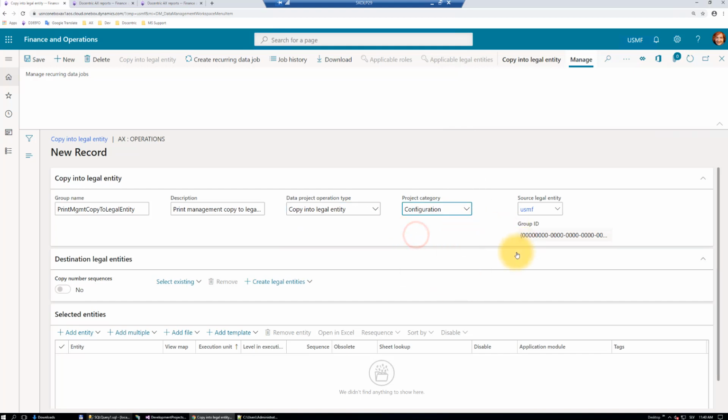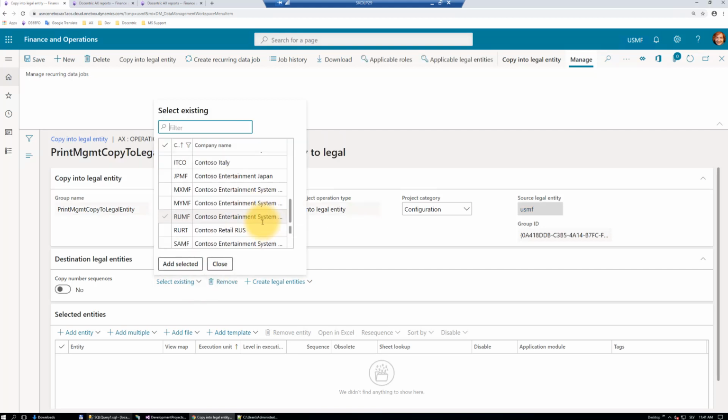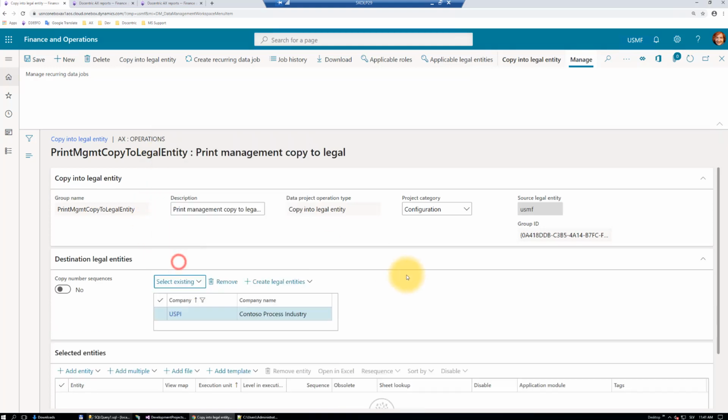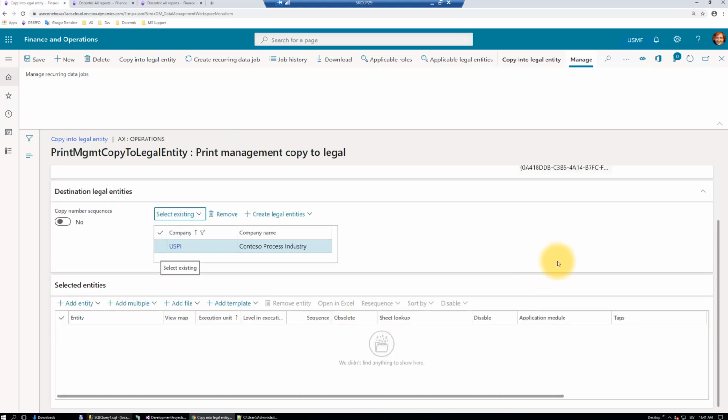I will say configuration. And now this is important. What is your source legal entity? Because we want to copy from the source legal entity into the target legal entity or entities. In this presentation I want to copy from USMF into USPI company. So I will leave here USMF, and here I want to add USPI. It's here. I can also multi-select, but in this case, to make simpler testing, let's do just with one